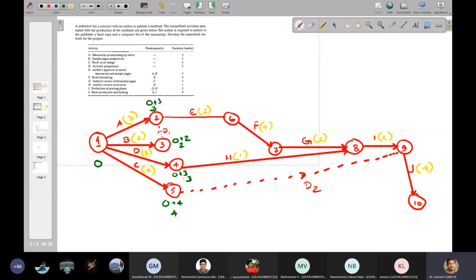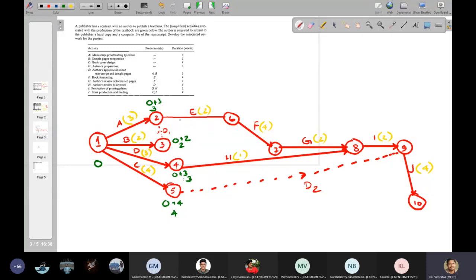The start node of activity A is 0, the end node is 3. Suppose if this is 4, here this will come as 4, and here also 4. Why? Because when you connect it like that, activity E can start only after activity B is over. So the largest duration you have to write over here.